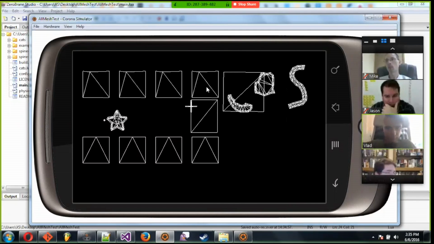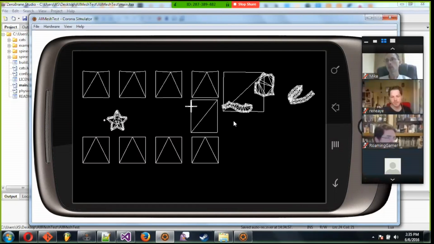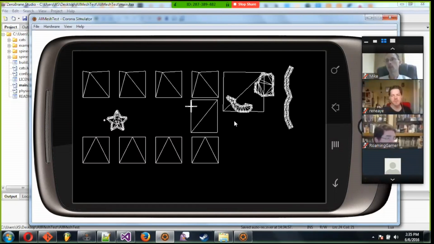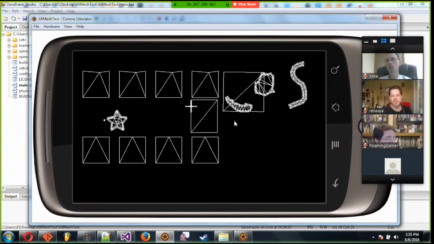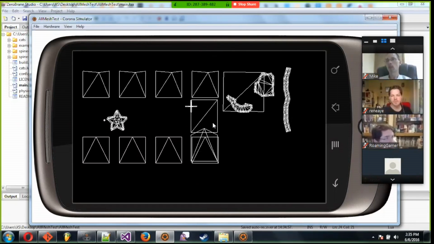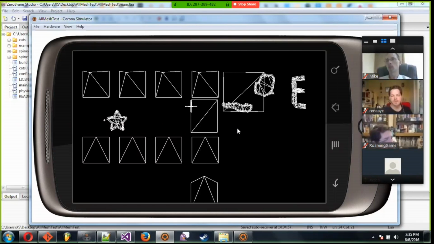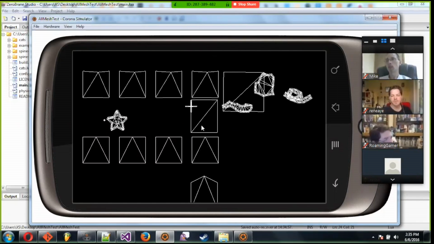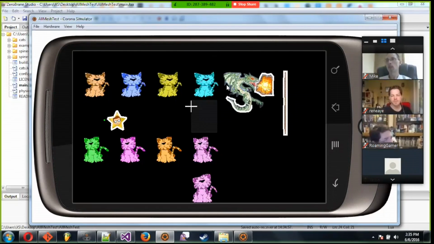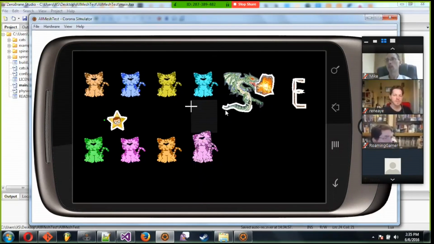For those who are listening and not watching, you've tapped the screen, and it's turned into what looks like a wireframe representation of everything moving around. This is what the geometry looks like under the hood. You can get pretty smooth results because you're able to manipulate all of this at the same time.